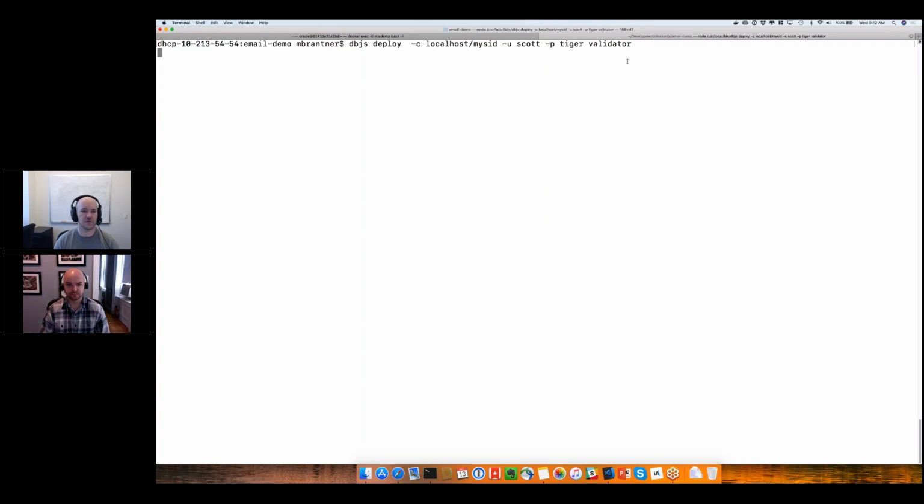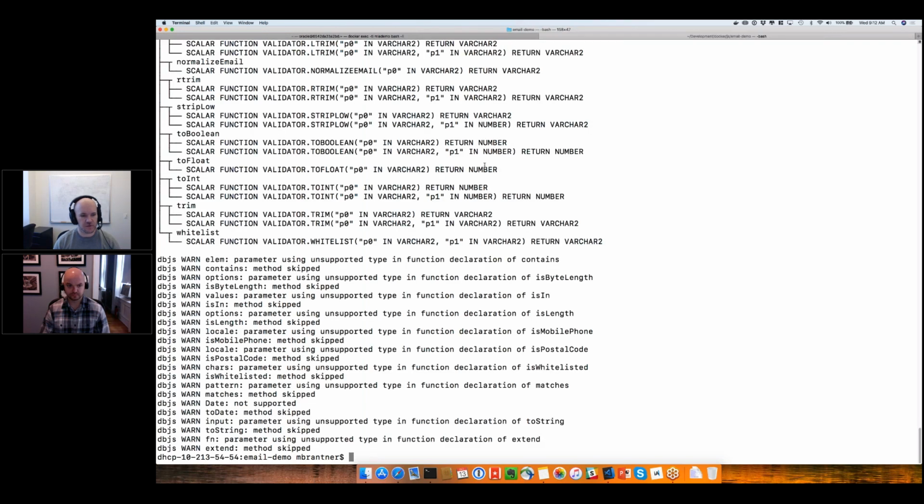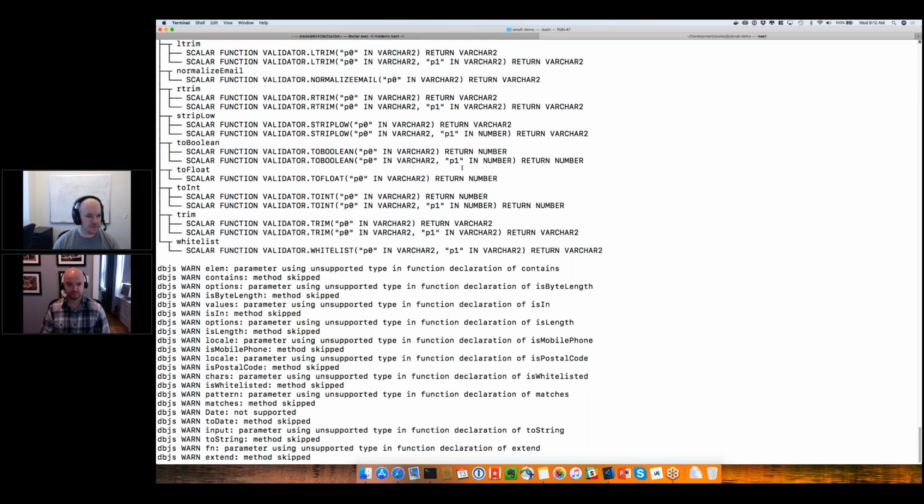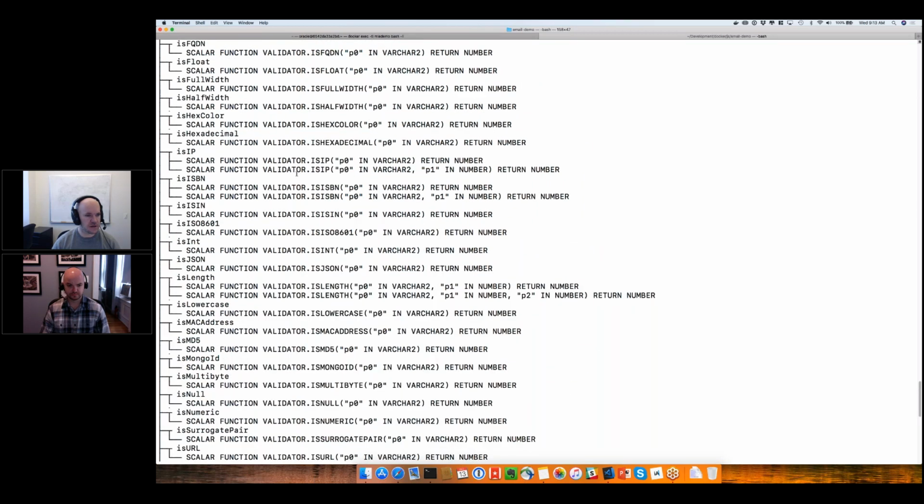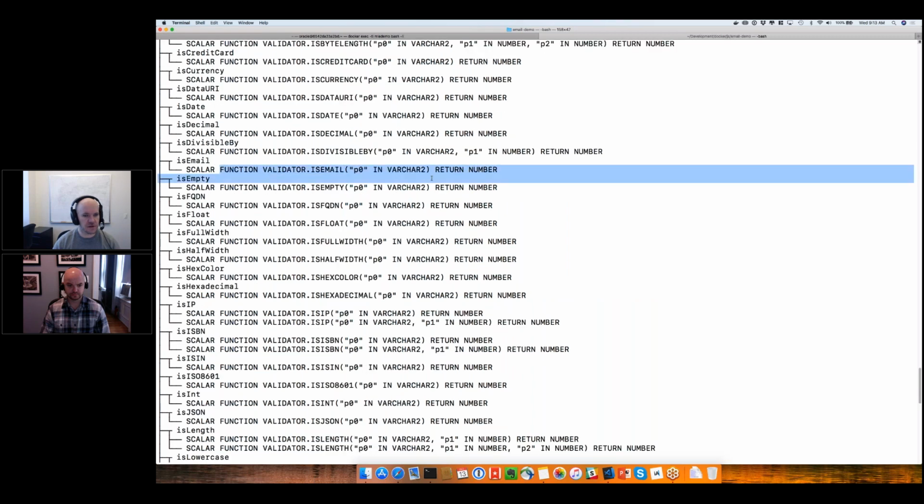So what I can do is I can just call that. It will take 1 to 2 seconds, and then it will send the validator module, the JavaScript source code, all its dependencies into the Oracle database, and then it will create those PL/SQL function signatures for me. So if I look for isEmail, you can see that it created a function in the PL/SQL package validator